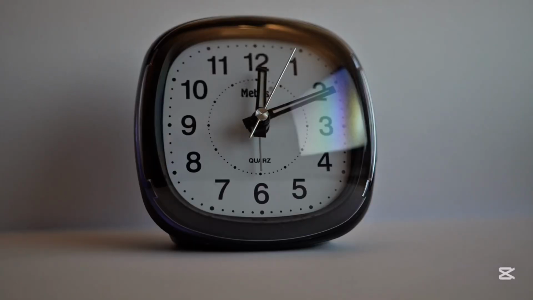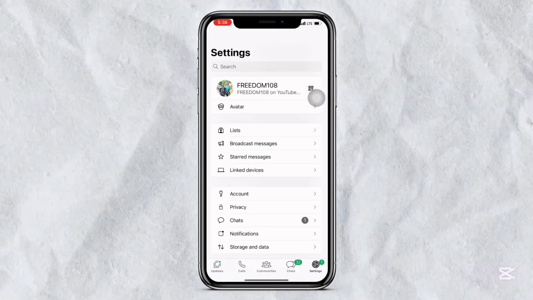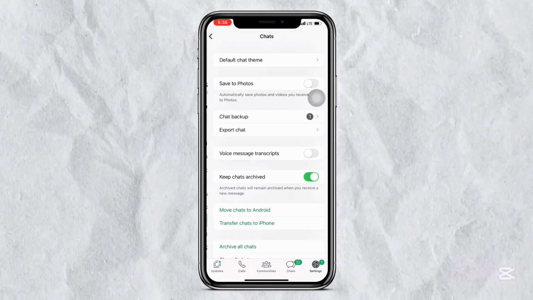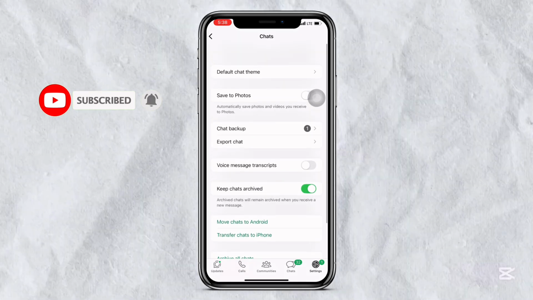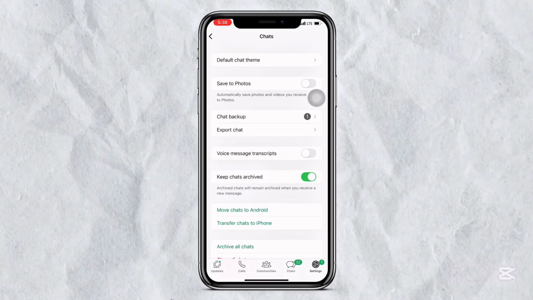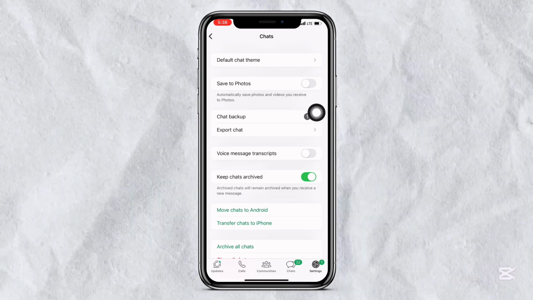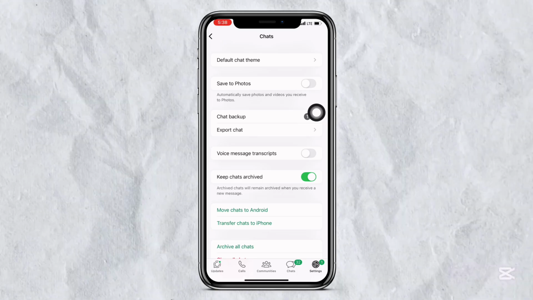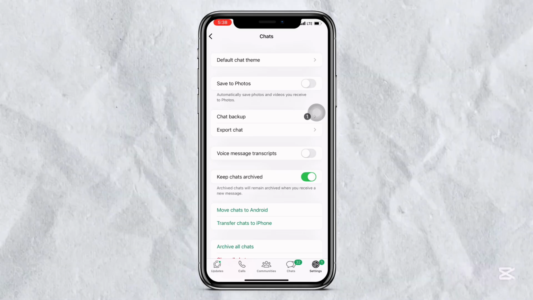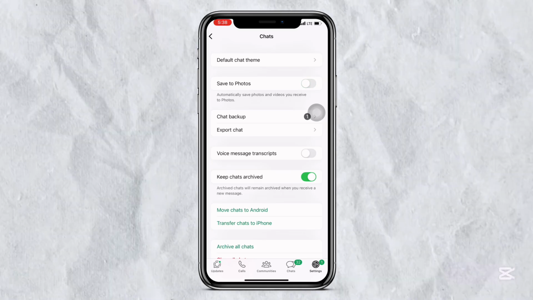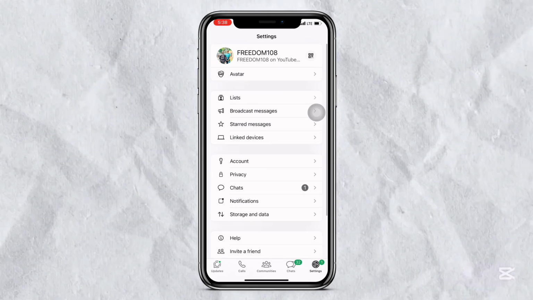Now, without wasting much time, let's get started. In the first place, all you need to do is to open your WhatsApp. Once you open your WhatsApp, click on chat. Once you click on chat, you can see over here save to photos, and you can see automatically save photos and videos you receive to photos. So you can see this option. You have to make sure this option is off, and also just go back and you can see over here